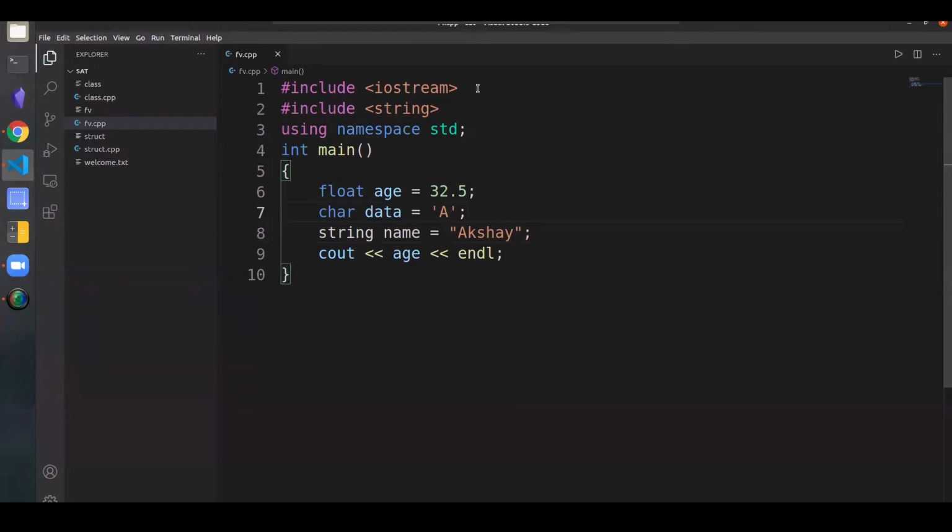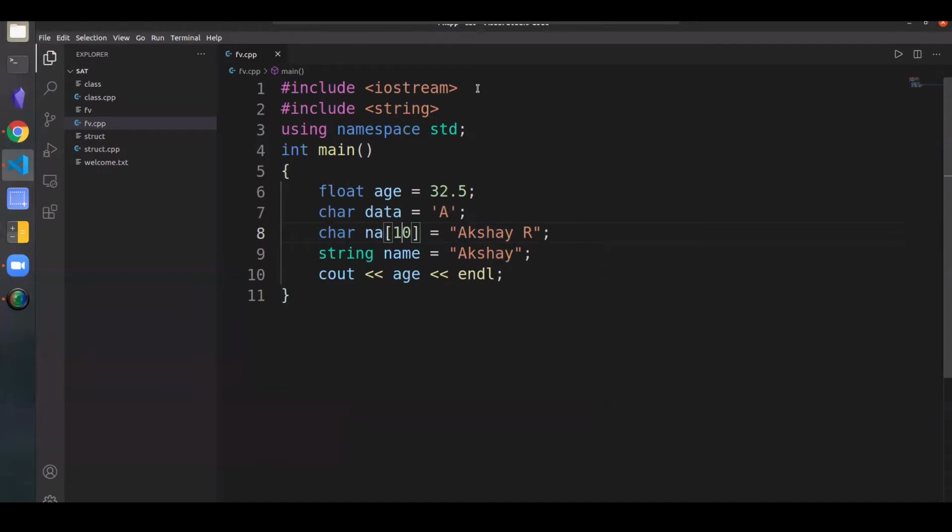Normally, in the C language, what we would do is use character arrays like this and then store names. But in C++, we have the string container. Using this container, we can store the name directly.